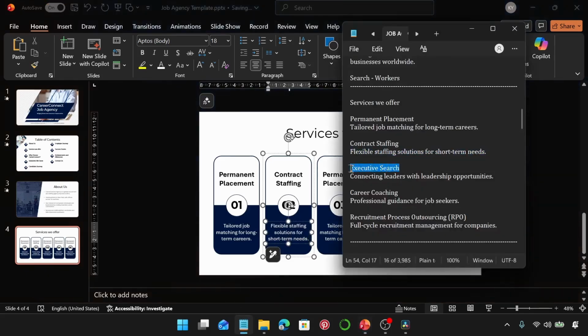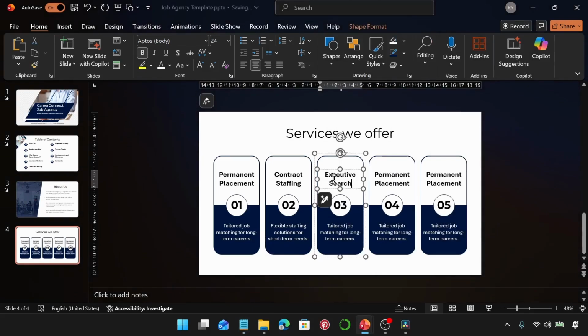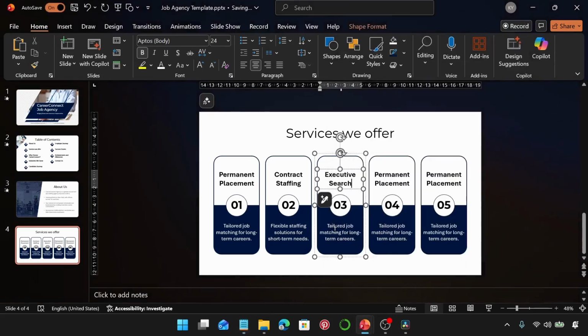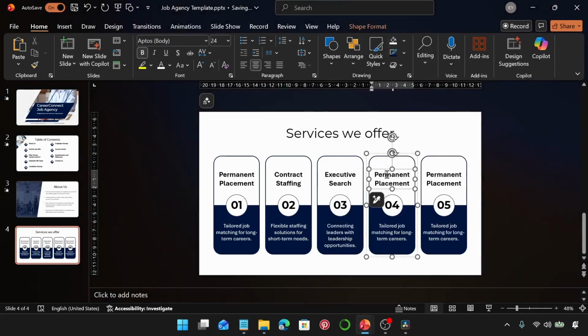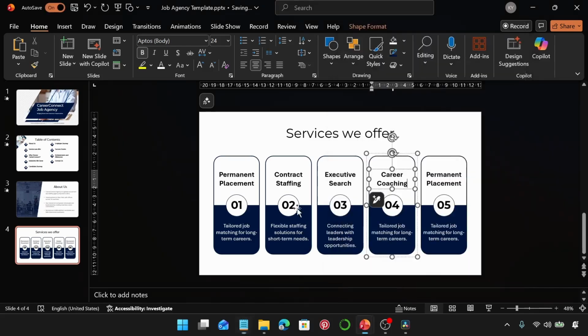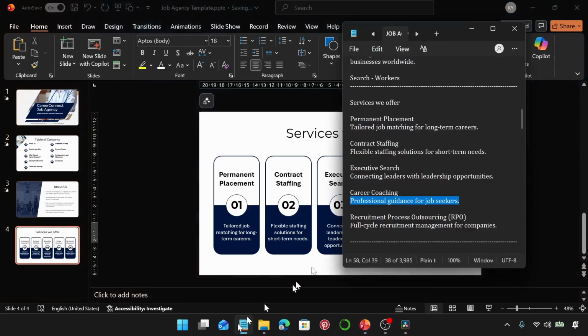Next is this one, copy, select, paste. Next, this one, copy, and I'm also going to select and paste. Next, copy this one, career coaching, paste, grab the body text. Final one, I'm going to select this,